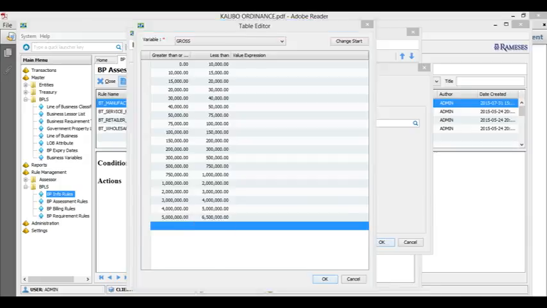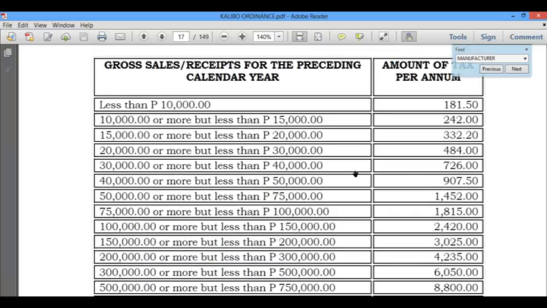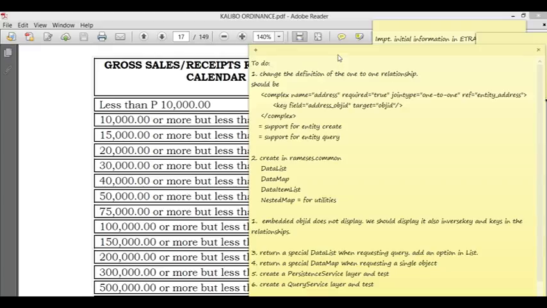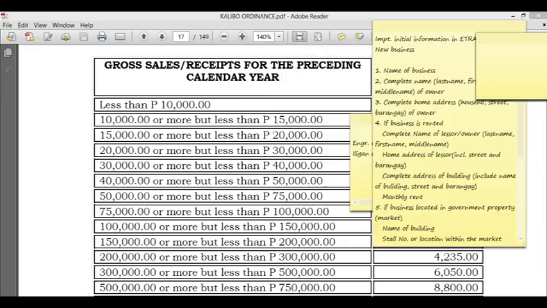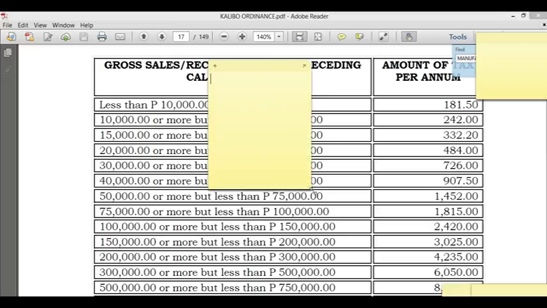Now what we're gonna do is this, the values here. I'm gonna write it first, so it will be easier for me to cut and paste. Okay, just copy it here. Okay, well, you should have a copy on hand.